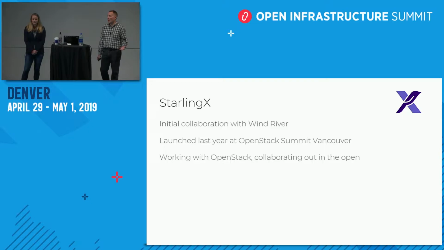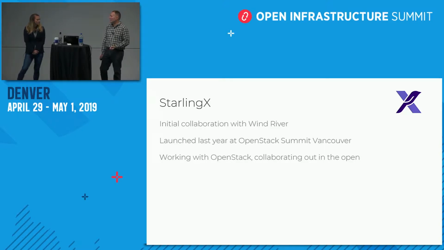It was a Wind River product for years before it moved to open source. So it had a lot of history with the foundation, with the community, and launching it at that late stage presented us with its own unique set of challenges. We launched it last year at OpenStack